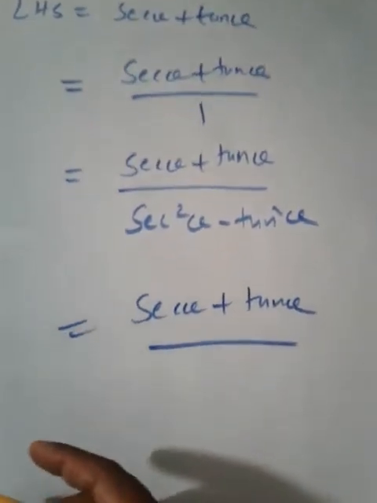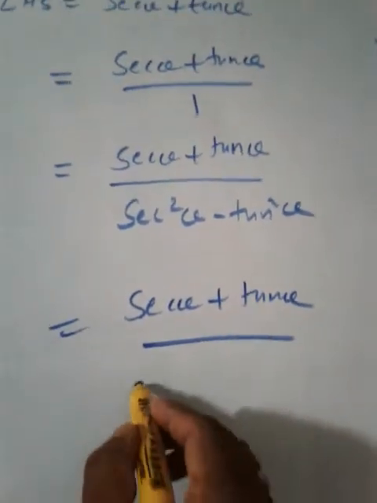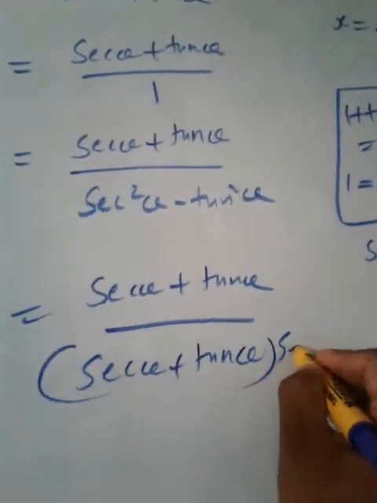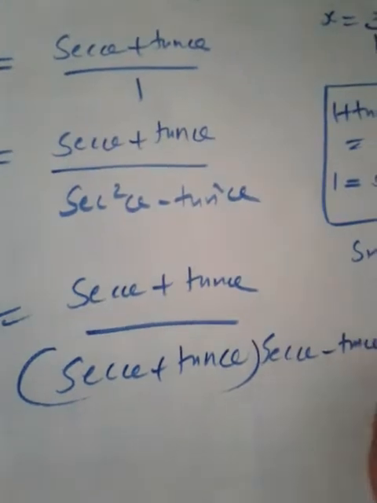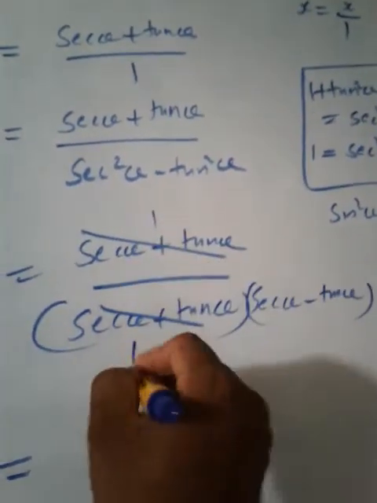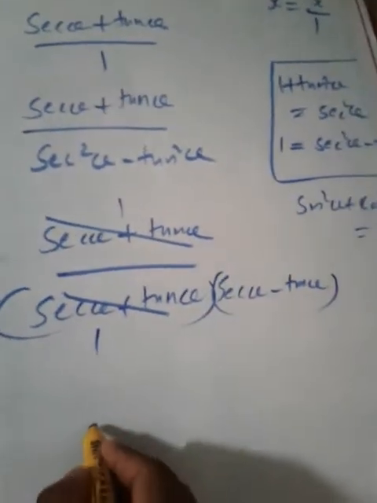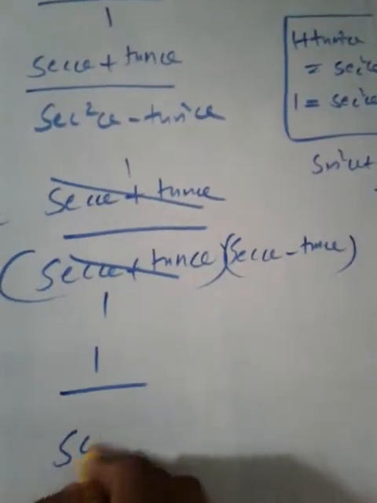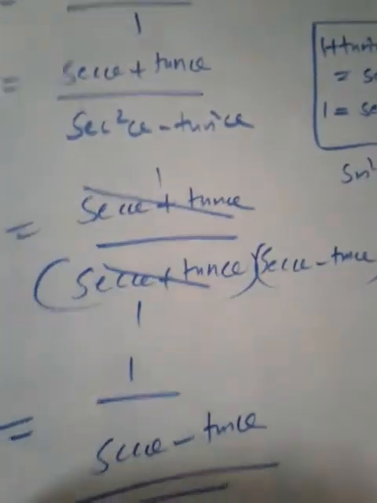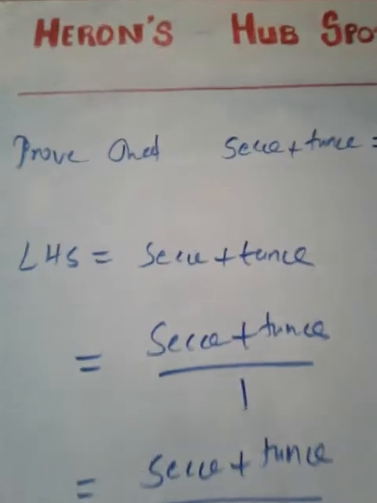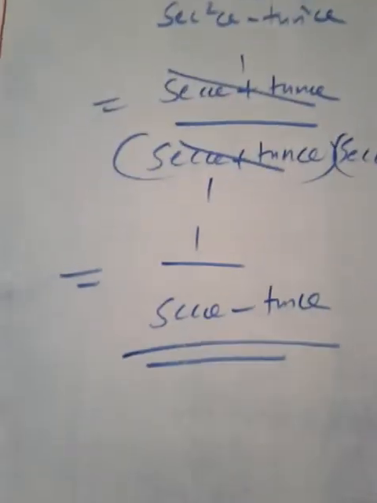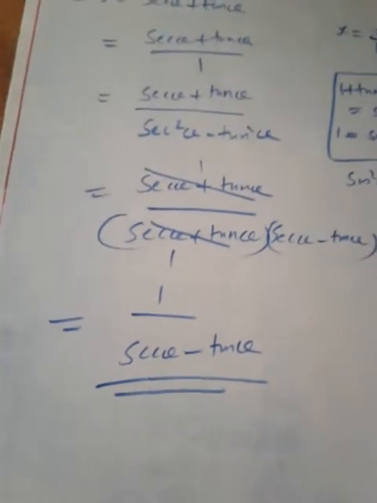The numerator is as it is, sec theta plus tan theta, and the denominator now came in the form a square minus b square, that is nothing but a plus b into a minus b. That means sec theta plus tan theta into sec theta minus tan theta. Now you see this term and this term will get cancelled. When you cancel the same term, you have to give a 1 there, and 1 by sec theta minus tan theta will remain, and that is the RHS. We started from LHS and we reached RHS. See, we proved it. So this is the way of proving. Okay.